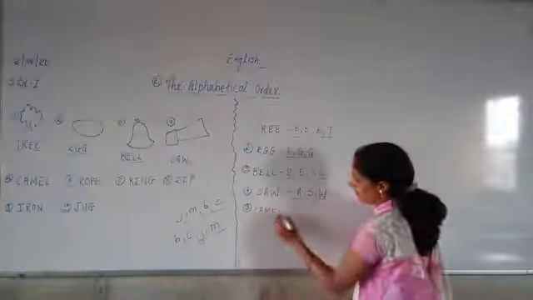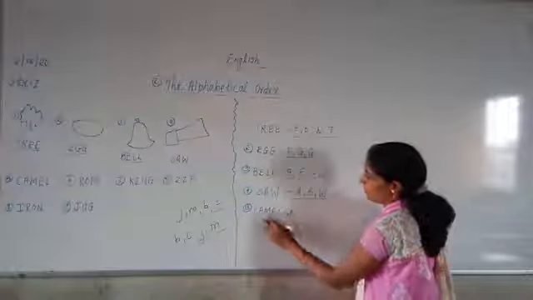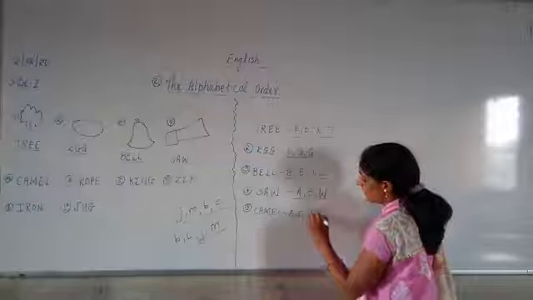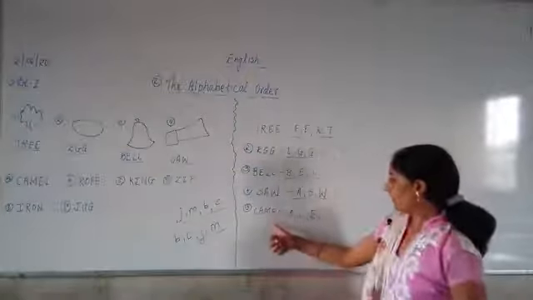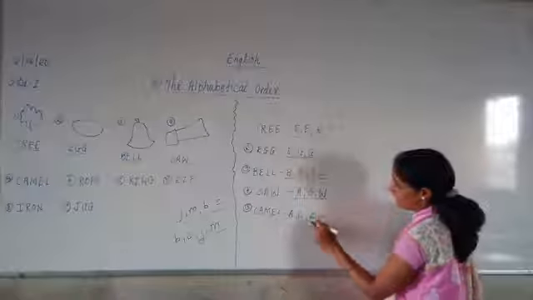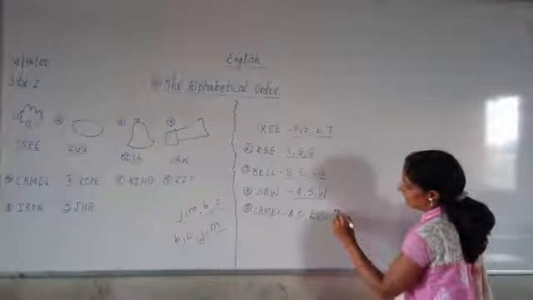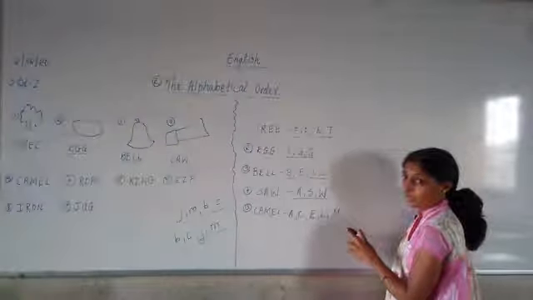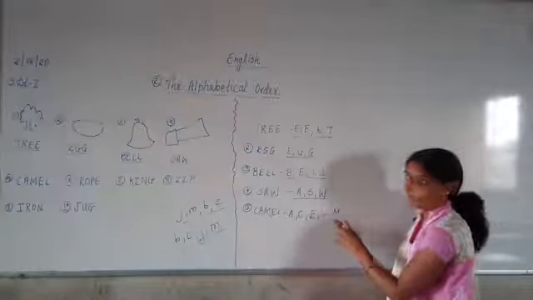Now which letter will come first? A will come first. After A, which will come? C letter will come. After C letter, E letter will come. Now come on, find out which letter will come after E. There will be L letter after E, and after L there will be last letter which comes in the alphabetical order series is M. Right?